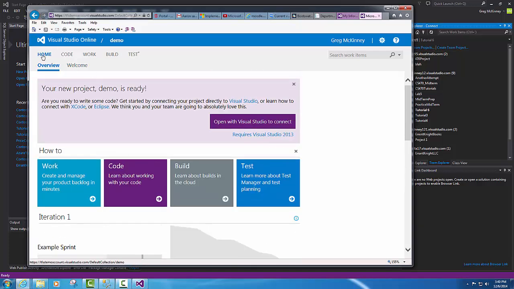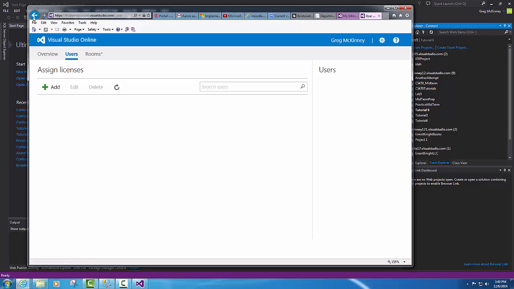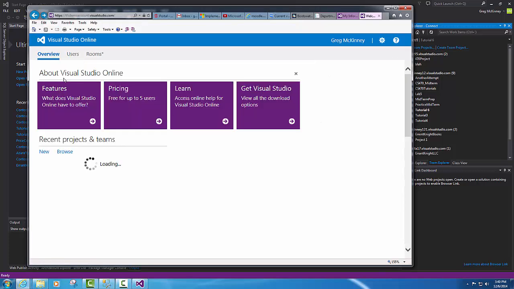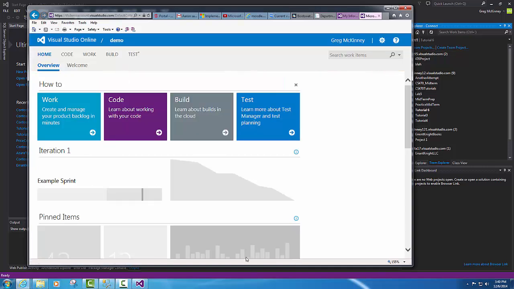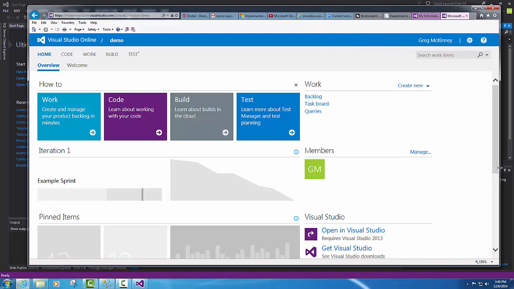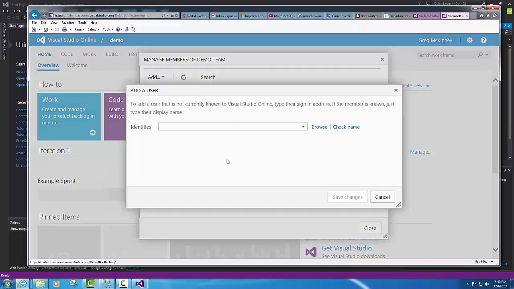Now we've got a question. Who can actually access it? Well, you go back up to Visual Studio Online here and click on Users, or you can go back here and click on the project itself, and over on the far right hand side, I guess you can't see it, you click on Manage right here, and you can click Add, and